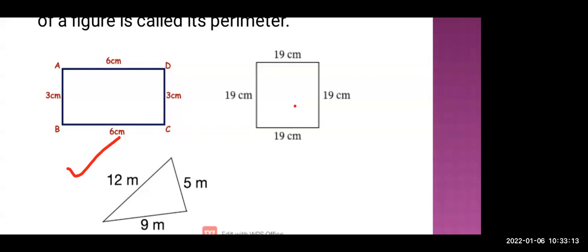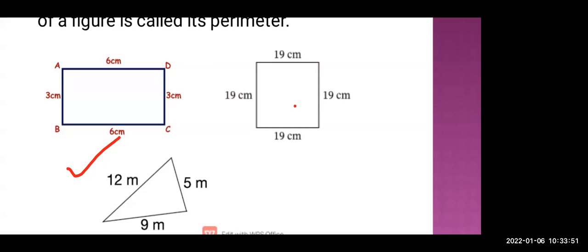यहाँ पे देखो तीनों measurement क्या दिया है? अलग दिया है. There are so many types of triangles also, but in this standard, fifth standard, you are not going to learn types of triangle. Only you will see what is triangle. Now triangle having three sides and it is not the same also. So how are you going to find out the perimeter of that figure? How are you going to find the perimeter of a triangle? By adding 12 meter, 5 meter and 9 meter.